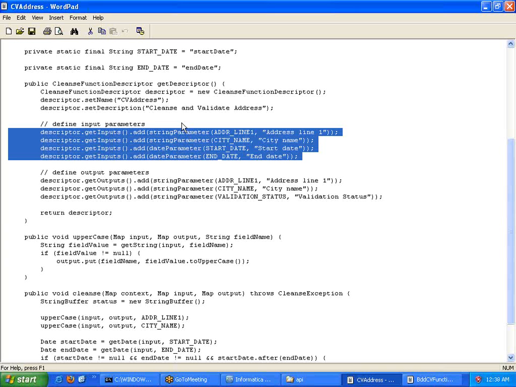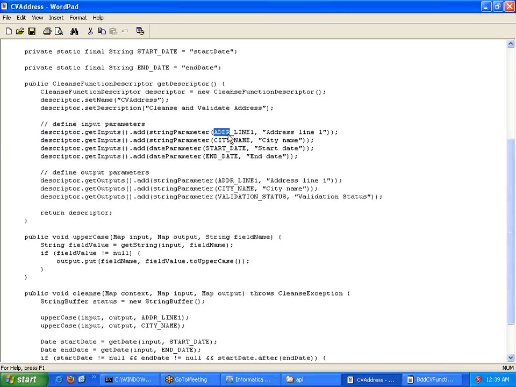So input parameters and output parameters, or input columns, output columns. Now in this case we have what? There are 4 input ports, namely address line 1, city name, start date and end date. These are the 4 input parameters that we have over here.